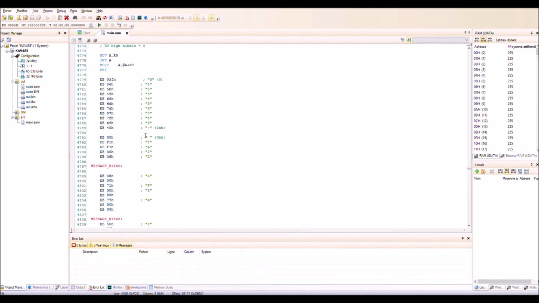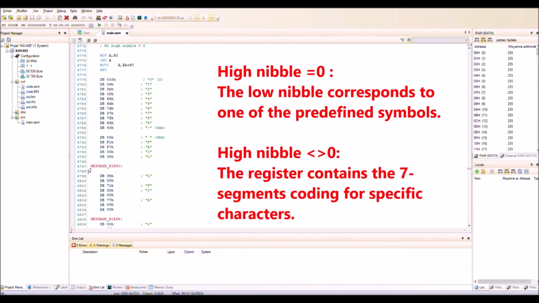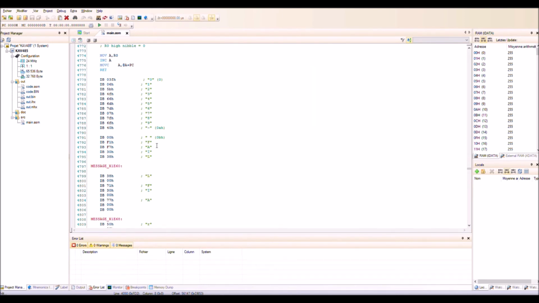It is more than 11 because we have 11 here, 12, 13, 14, 15, 16. We have 16 inputs. Yes, because the maximum anyway is 1 nibble of the data, so we can have maximum 16 symbols which are predefined.